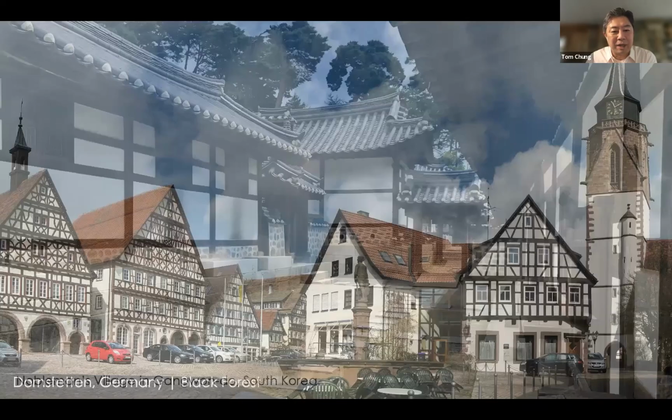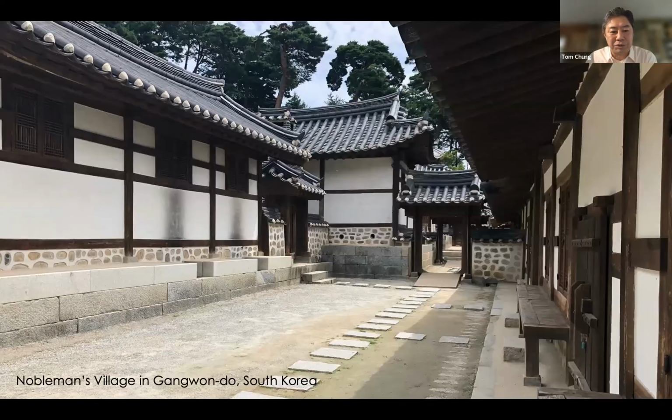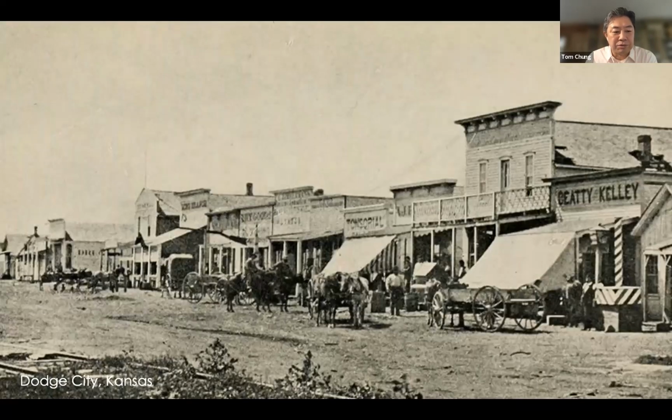Across the globe, in Asia, many of the buildings were traditionally built with wood. Here's an image of the nobleman's village in South Korea. And in the United States, as the New World continued to grow and was founded, here's an image of Dodge City, Kansas, one of the frontier cities, and all of that construction is solid timber. This was the material that was available, and this was the material that was used in the development of the